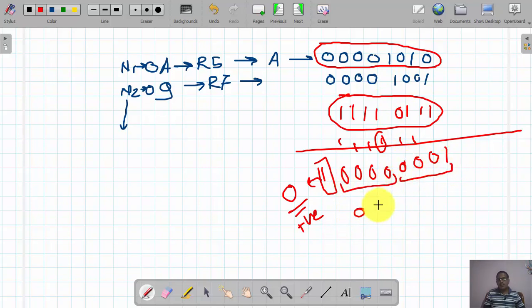So what result are we getting here? We are getting the value 01, right? So the subtraction of 0A minus 09, the 01 is loaded into the accumulator, and this we are now copying into R4 register. So in this way the subtraction process is done in the case of the 8051 microcontroller.